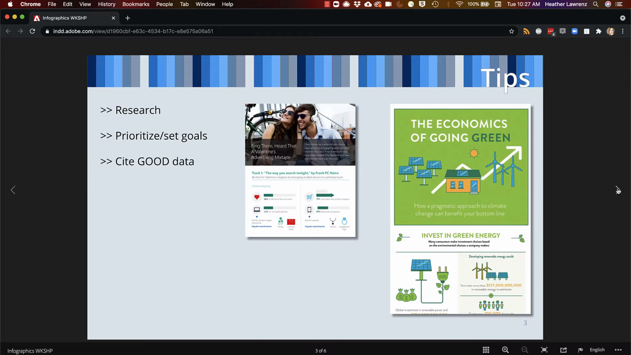So how do you get started? Well, my first tip for you is to do good research. Begin by thinking, what question do I want to answer? And then seek those answers. That might be through interviews, surveys. Just do good research. Make sure when you're doing this that you're citing good data. So it's a reliable source. Always include that link. Always include that primary source data so viewers can go back and look at that